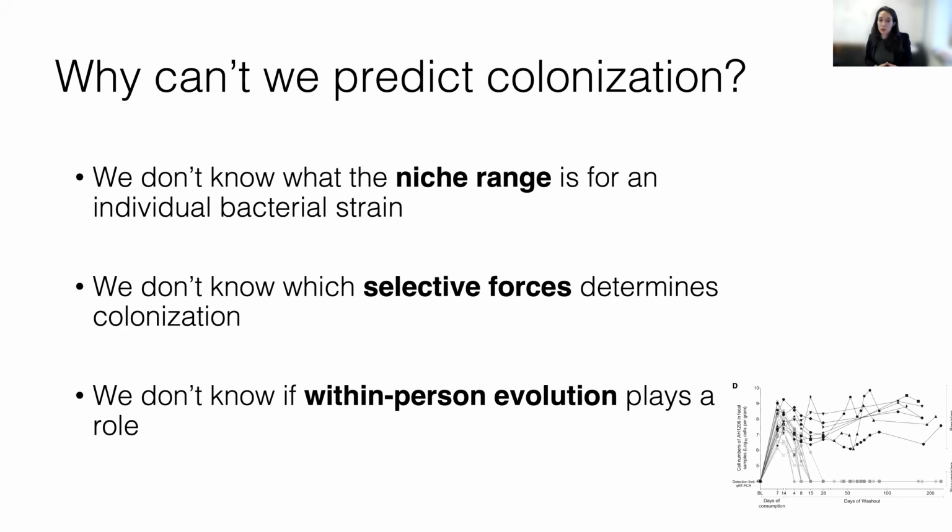And lastly, we don't know the role of within-person evolution, right? Maybe the microbes within me are already adapted to some unique set of selective forces within me. And so these outside microbes aren't going to stand a chance against these pre-adapted guys. And what's really cool is that by studying this last phenomenon here, we can also get answers to the other two questions as well, as will become more clear throughout the